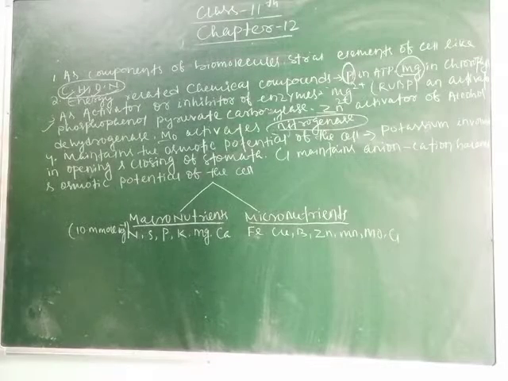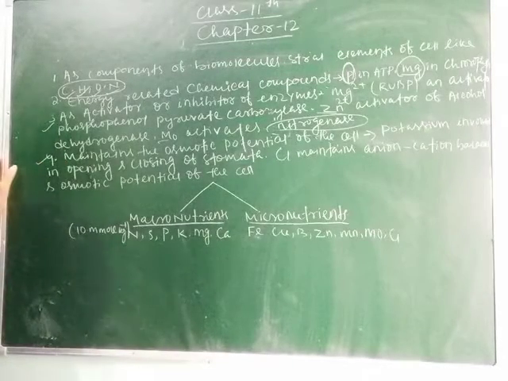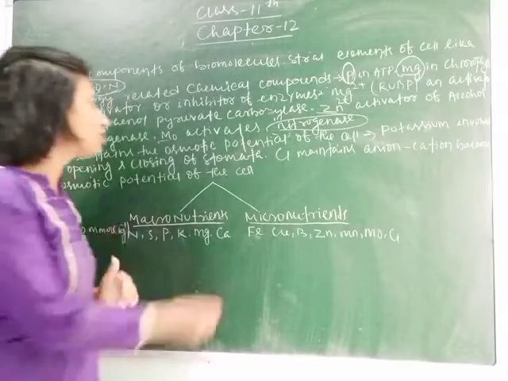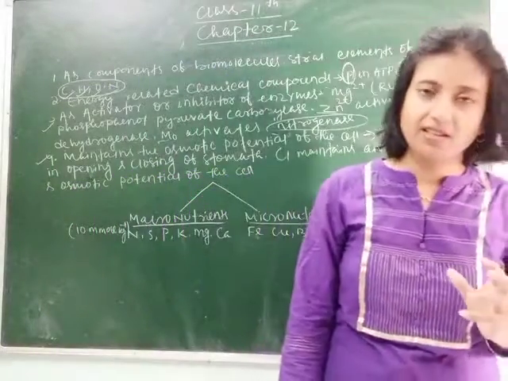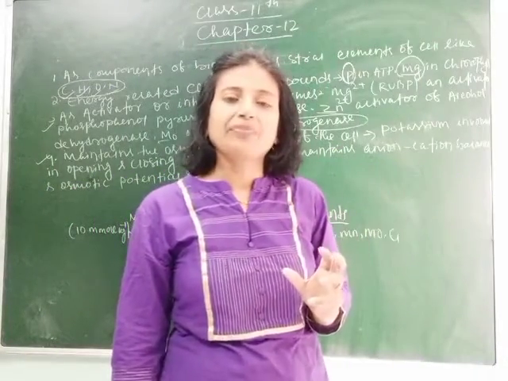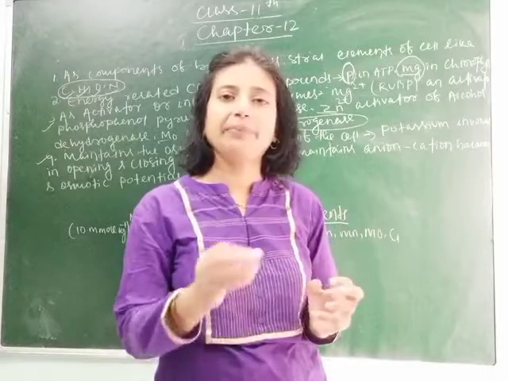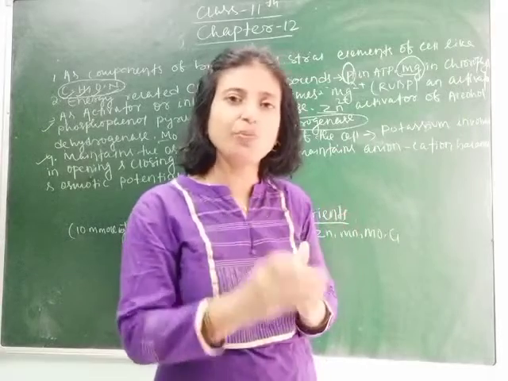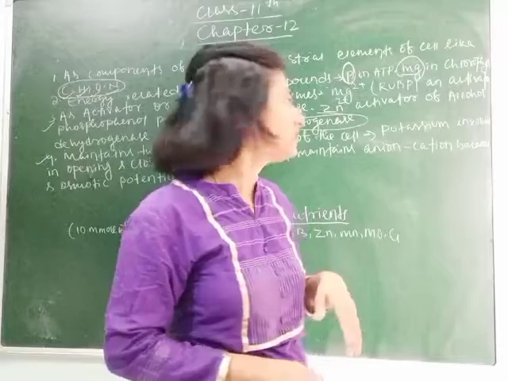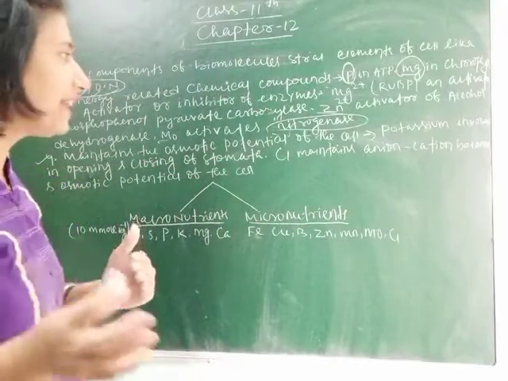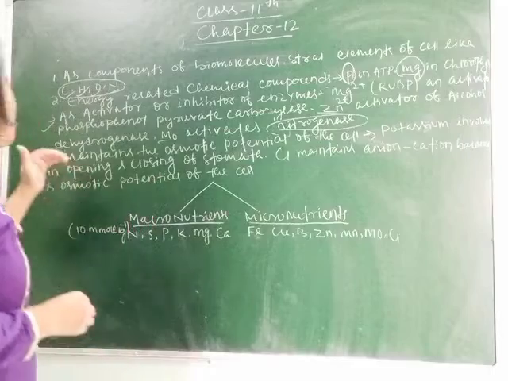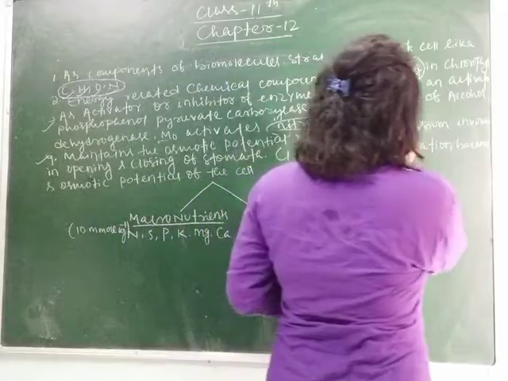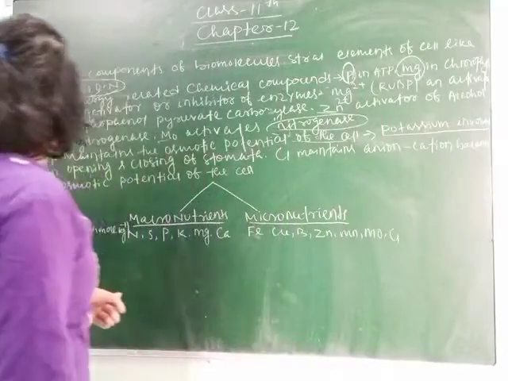Clear, students? So next, the fourth criterion of essentiality of an element: it maintains the osmotic potential in the cell. You know osmotic potential means different types of ions are present in different concentrations in plants. So how much amount of ions should be present inside the cell or outside the cell is also determined by some mineral ions. So it maintains the osmotic potential of the cell, like potassium involved in the opening